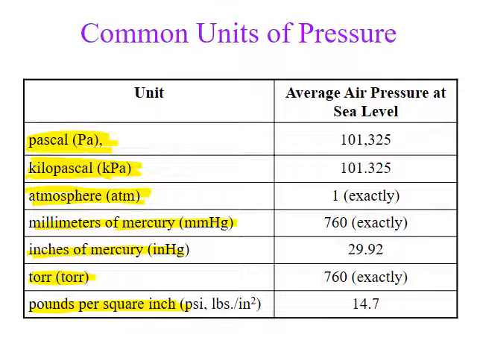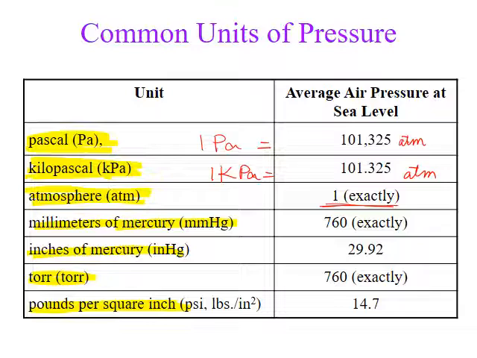For instance, 1 atmosphere is equal to 1 atm, and that is commonly said. Why? Because we only have one atmosphere above the earth, and that atmosphere is exerting pressure on earth. So that pressure is usually regarded as 1 atm, and 101325 pascals is equal to 1 atm. So basically you can regard this as 1 pascal is equal to this many atm, and 1 kilopascal is equal to this many atm. Everything here is in reference to atmospheric pressure.